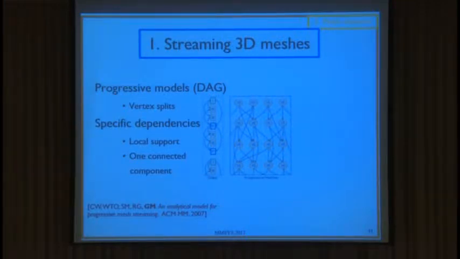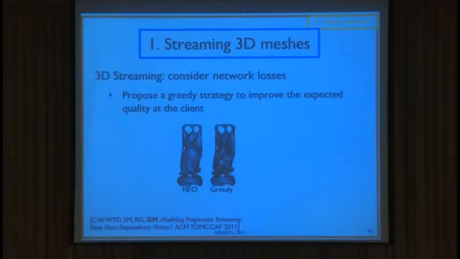Of course, these vertex splits are dependent on each other, and you have a DAG representation that can model the dependency of the vertex splits. And what we have proposed is a streaming strategy to improve the expected quality at the client. And this is, of course, taking care of